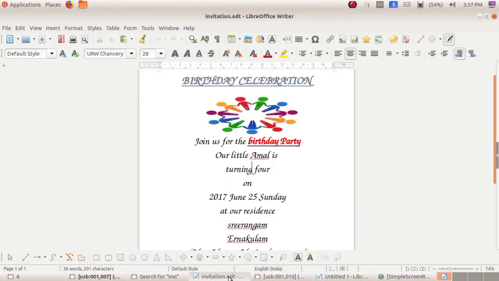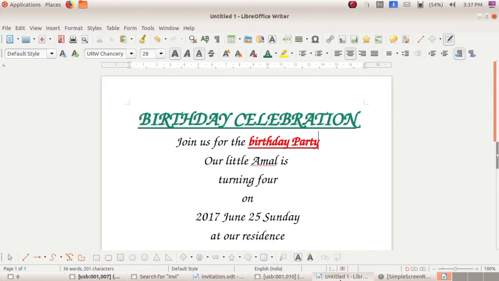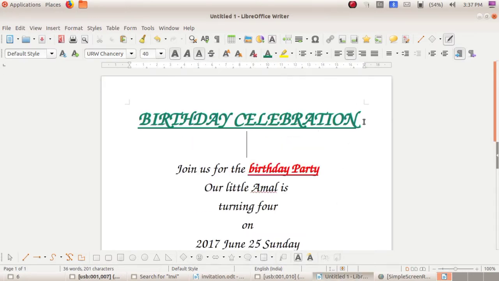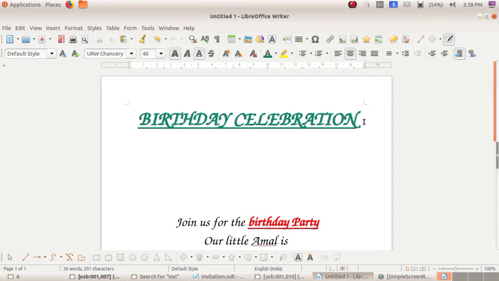Then see here you can see an image. Our next topic in this chapter is adding images to the invitation card. I will explain how to add a new image to the invitation card. First of all, you have to place the cursor where you want the image.